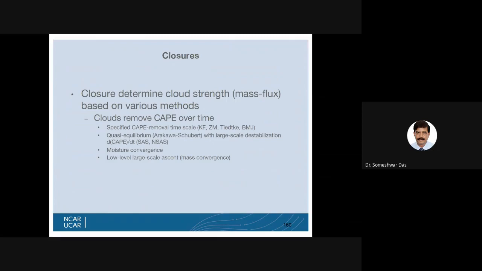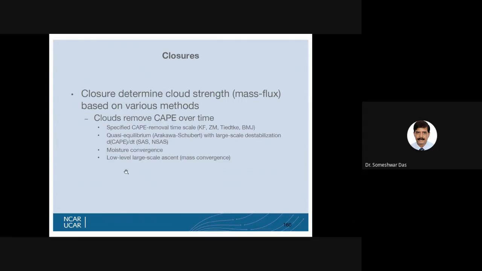And once they are formed, they remove the CAPE. The specified CAPE removal time scale is used in KF, ZM, TTK, BMJ, Betts-Miller scheme. Quasi-equilibrium Arakawa-Schubert with large-scale destabilization, decay, and SAS. So all these things, removal of the CAPE, etc., take place in these schemes.